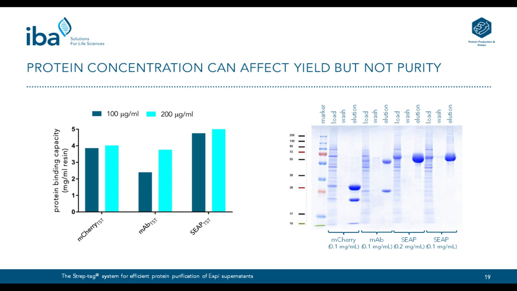But if you look at the monoclonal antibody, you can see that the binding capacity was reduced as the protein concentration was lowered. This is not very surprising because we adjusted the supernatants to the same mass concentrations of our protein of interest. But as the monoclonal antibody is 2-fold larger than the secreted alkaline phosphatase and 5-fold larger than the mCherry, that means that the molecular concentration that drives the diffusion force is lower compared to the other